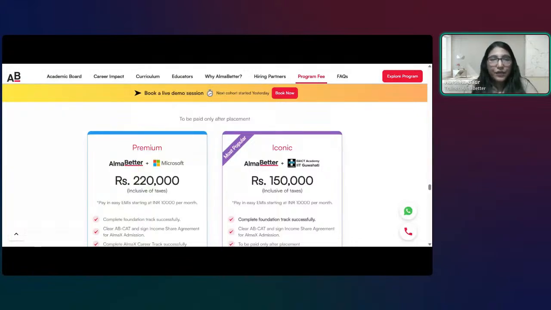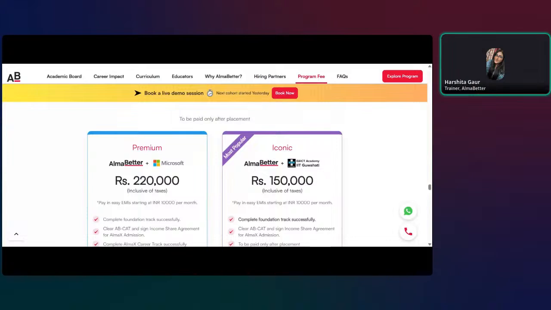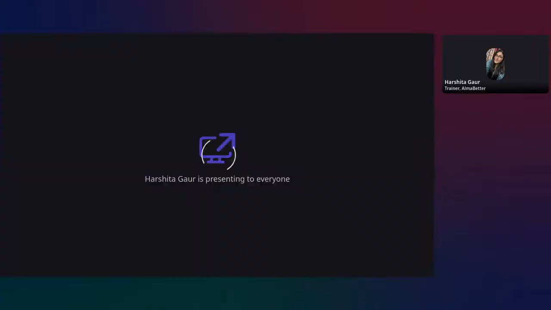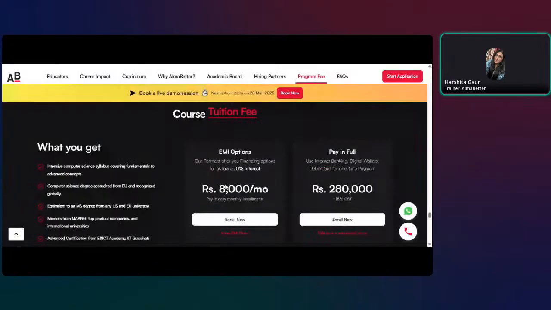Yeah. And for the masters, let me show you the masters as well. Just give me a minute. I'll share this screen for the masters program. So this is the total charges for the master's program which you're getting from Wolf University. It is basically a 12-month masters from Wolf University. Plus, this university is European accredited. Plus, it is located in the UK.